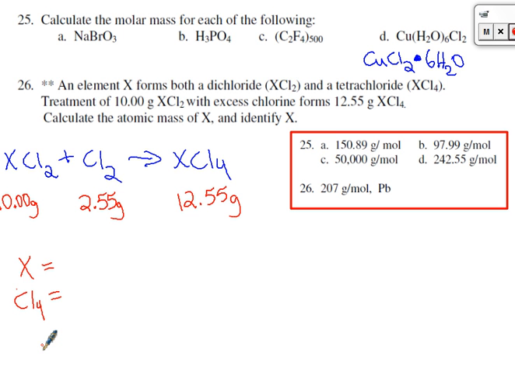Let's first, X would be 7.45 grams, the amount of element X in that compound. I just did 10 minus the 2.55 to get the chlorine out of that compound to figure out how much X weighs. So it doesn't feel like I've gotten much closer to the molar mass, but I actually have, because molar ratios